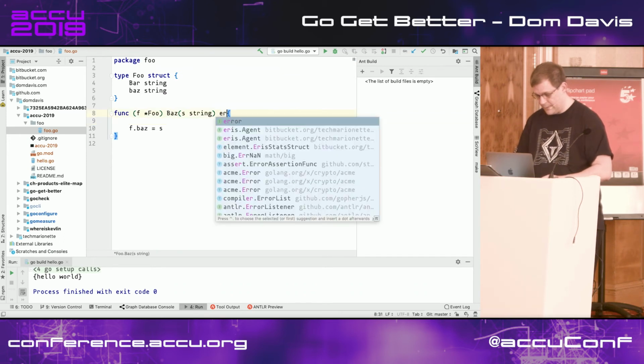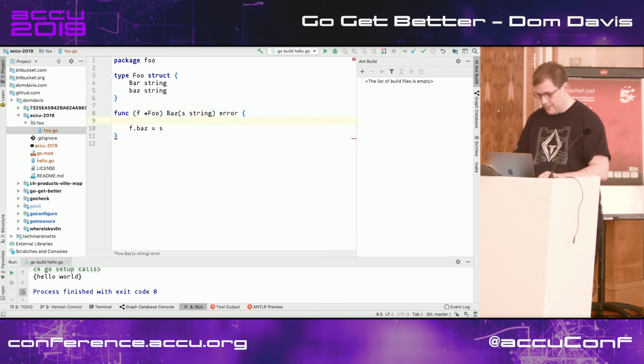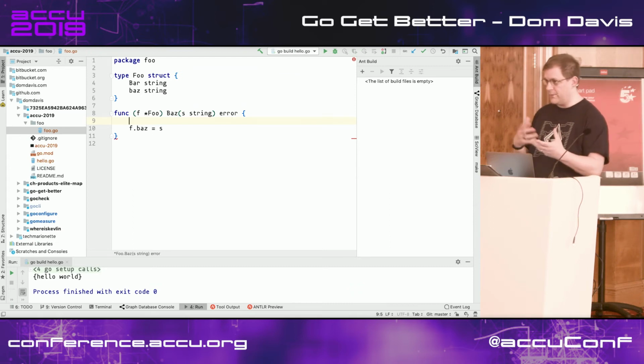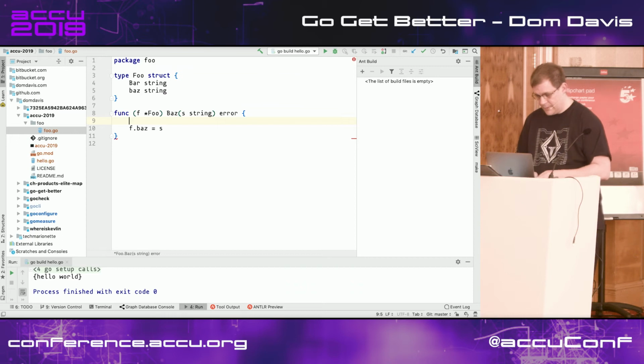let's change this so this now returns an error. There is an error type in Go. We return errors rather than throwing exceptions or anything. And we can say that if s is equal to the empty string, we're going to return